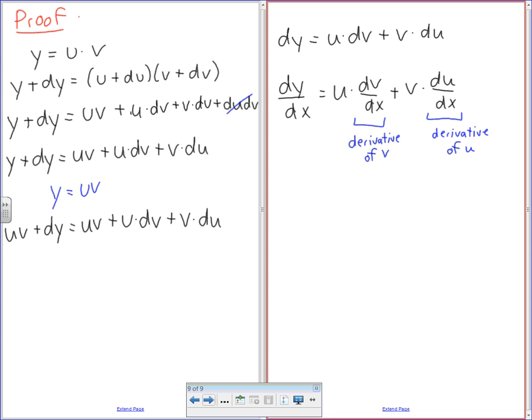Now I want to do this proof because it's a lot easier than the other one. The one involved limits and common factoring and stuff like that. So what I'm saying is, in order to get the derivative of a function of two things multiplied, you take the first thing and you multiply by the derivative of the second, and you add that to the second bracket times the derivative of the first one. So don't we write that in English? Yes. So in order to get the derivative of a product,